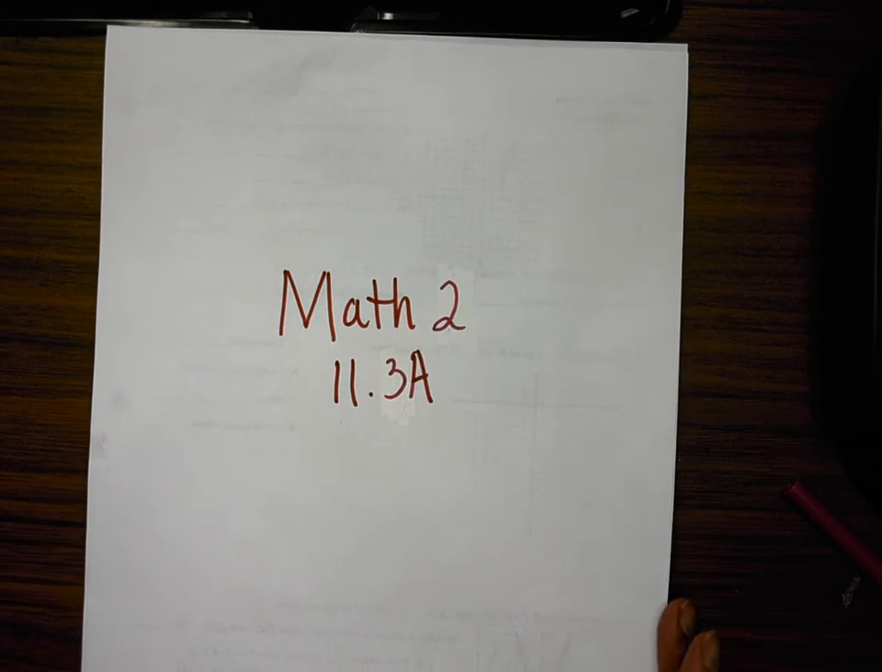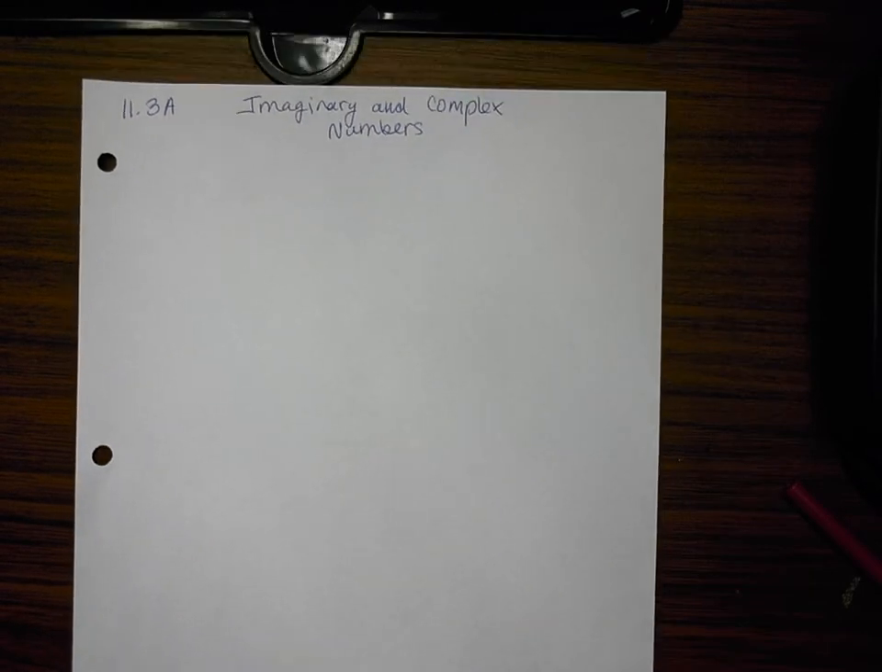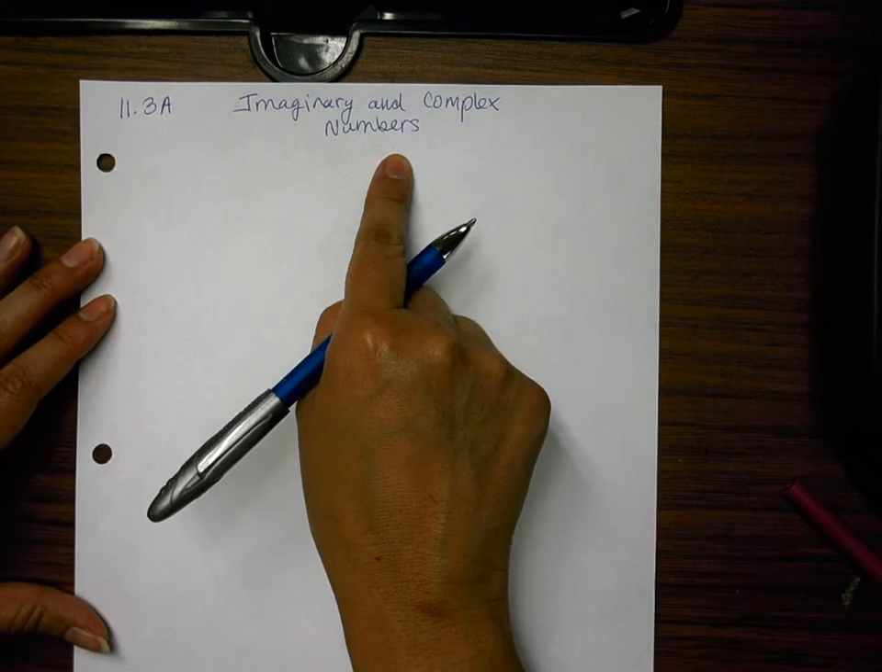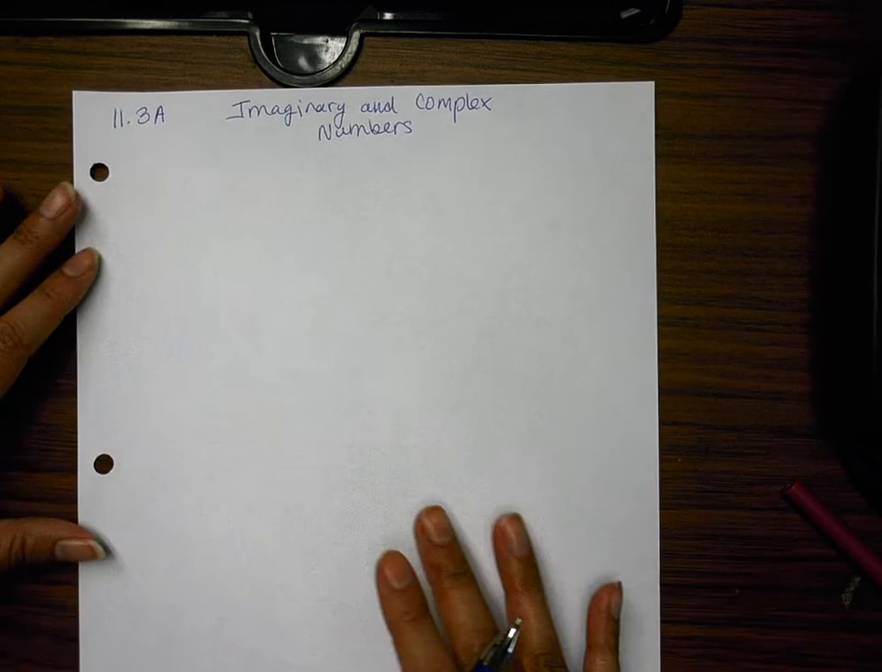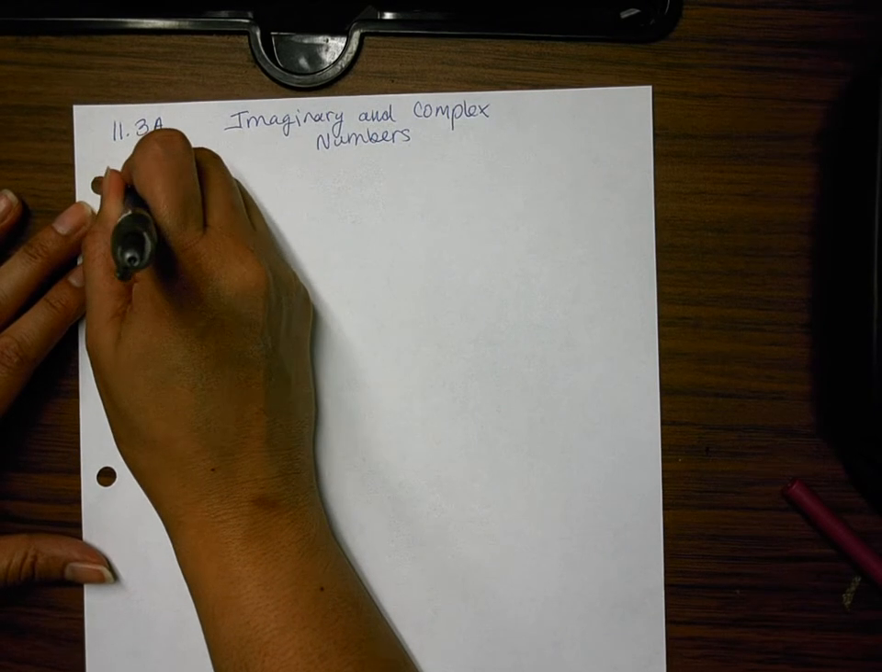This is Math 2, 11.3a notes. That's Math 2, Unit 11, Lesson 3a. And the title is Imaginary and Complex Numbers. Okay, in the past